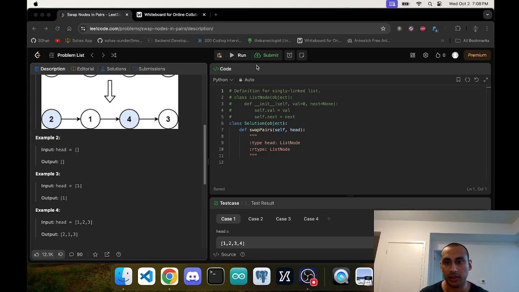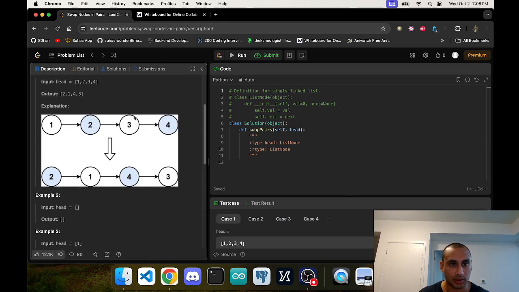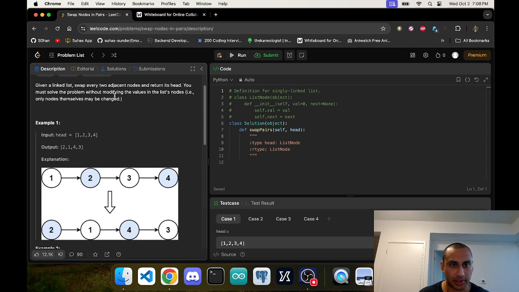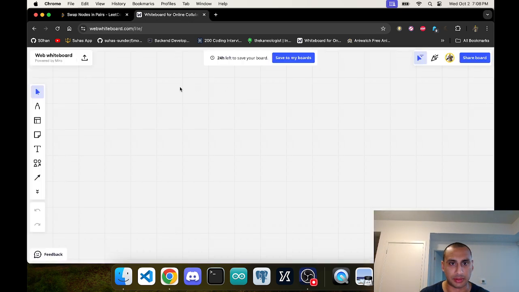We're going to be doing the Leetcode question, swap nodes. So it says basically for every two adjacent nodes, swap. Solve the problem without modifying the values. So basically,